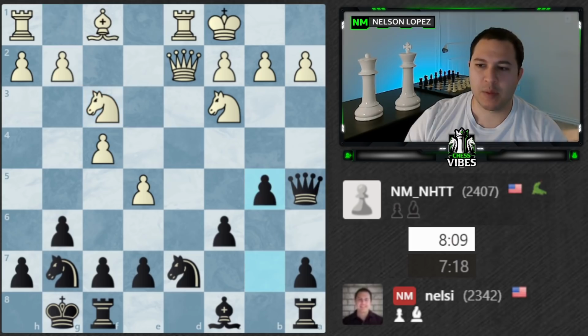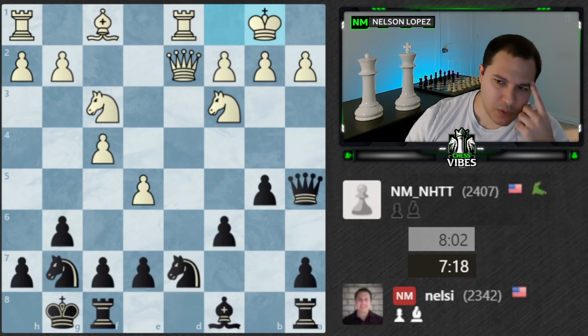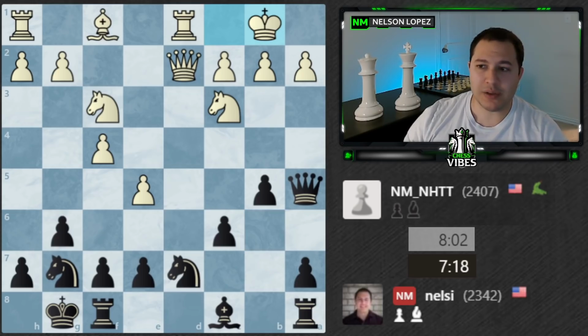Knight f3, there we go, b5, king b1, and I played rook d8, which is not a move that I really wanted to play. What I wanted to play was knight to b6. There's a little tactic here though. If I play knight b6, and this is pretty common